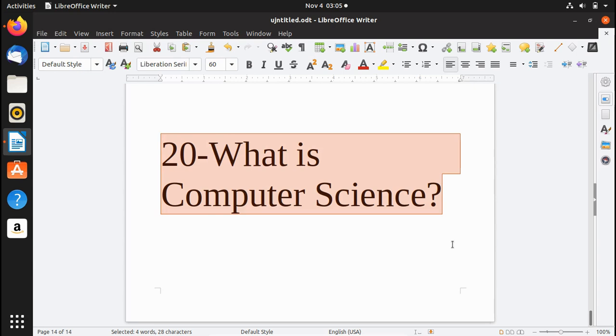Computer science is the study of both computer hardware and software design. It encompasses both the study of theoretical algorithms and the practical problems involved in implementing them through computer hardware and software. Sometimes people think that computer science is only related to software. That is not true.